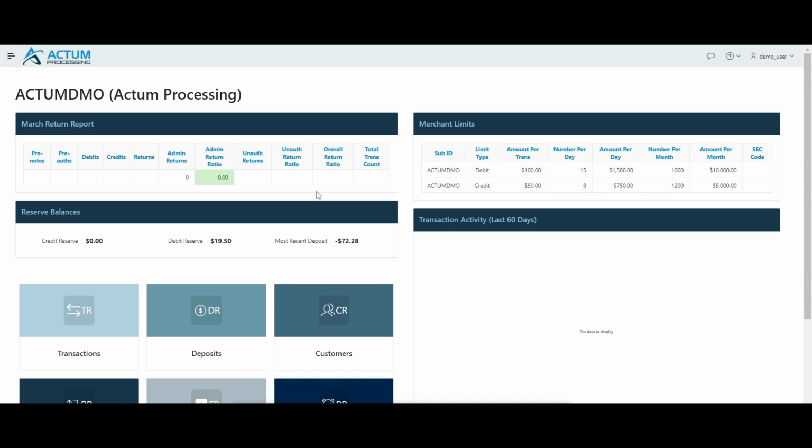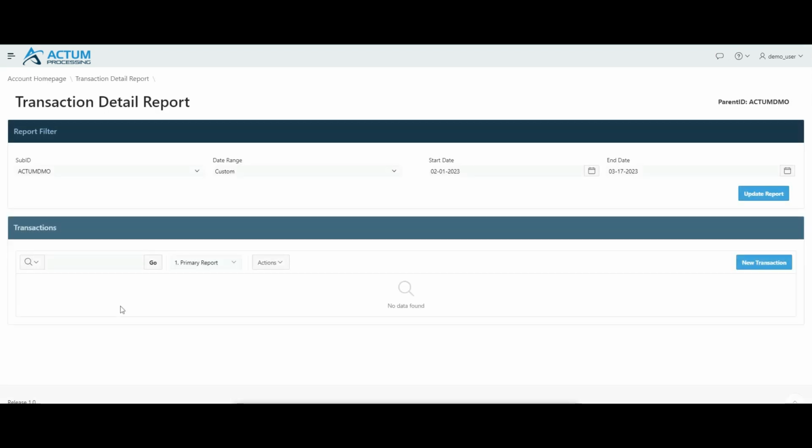In this video, we will go over the main reports available in the Actum portal and how to utilize the filter controls. Let's start with the Transaction Detail report. We have included a report filter at the top of each report, which allows you to control the data you're